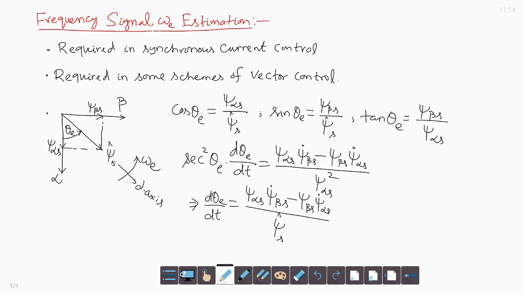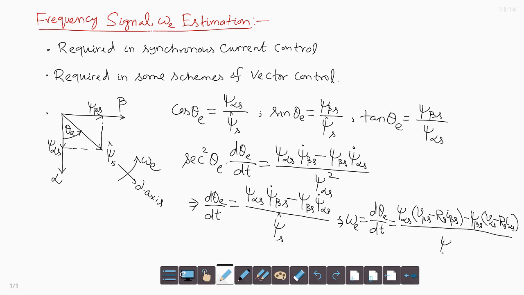So, this implies omega e, which is d theta e by dt, is psi alpha s into psi beta s dot, where psi beta s dot is v beta s minus r s i beta s, minus psi beta s into psi alpha s dot, where psi alpha s dot is v alpha s minus r s i alpha s, divided by psi s square. So, this is the equation